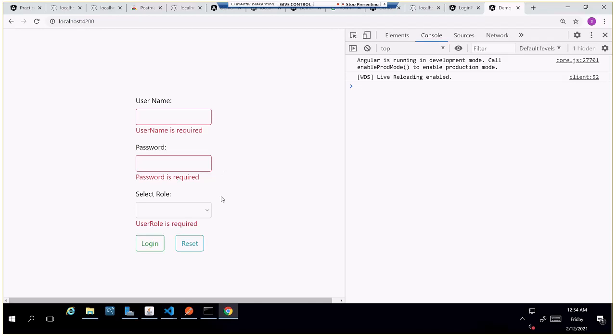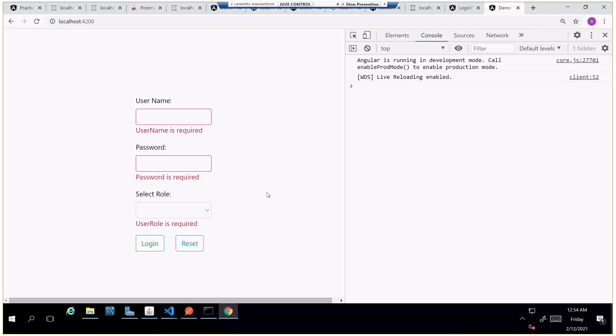And so we can see here that the default value is not set. We have some values here, but if you see the select field, it is empty. We can set some default values for username, password and user role.